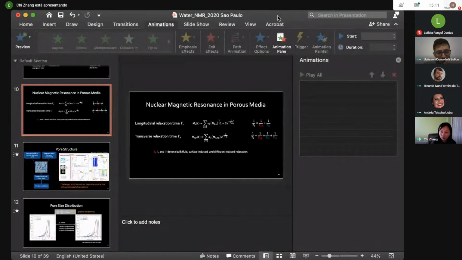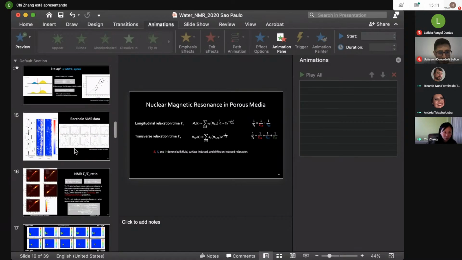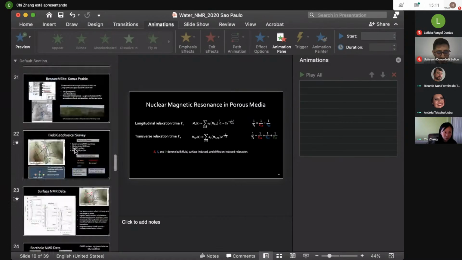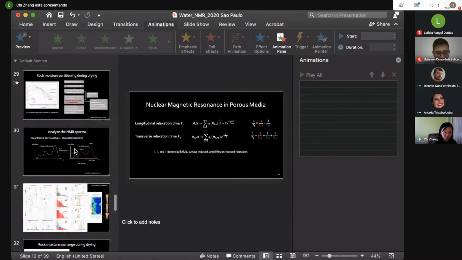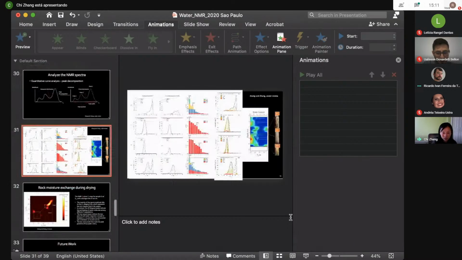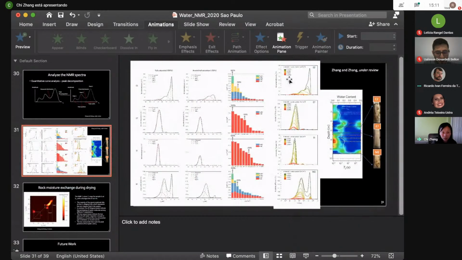And the second question is how the different signals decay differently. I assume you're referring to this drying process. This drying process experiment is a work we just submitted, now under review. With the help of this peak decomposition method, we actually can really tell